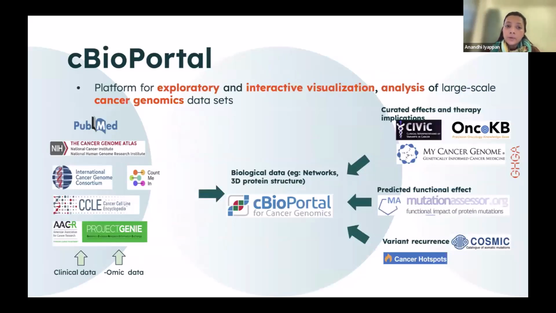The third data portal is the cBio data portal, or cBioPortal, which is a platform for exploratory as well as interactive visualization and analysis of large-scale genomic data sets. This basically consists of information from literature as well as from curated databases or repositories containing information related to therapies. It also provided a platform to analyze the network-based data along with the literature data, which helped in bringing research data and literature data together and to search information. It was also possible to upload clinical and proteomic or any other omic data to this particular data portal as well.